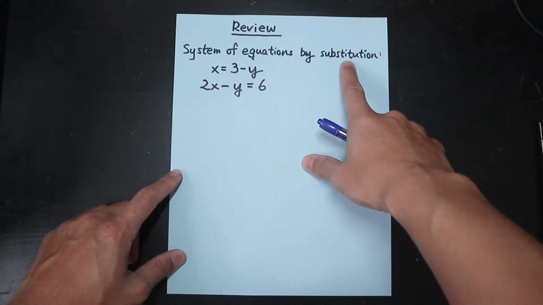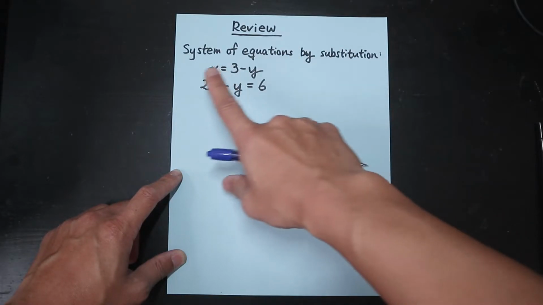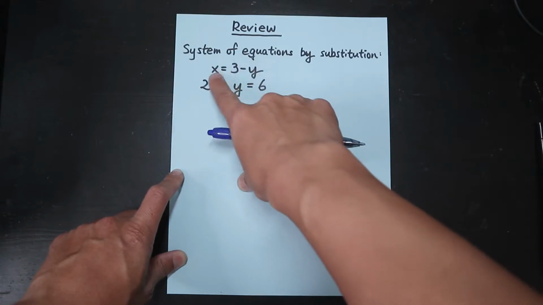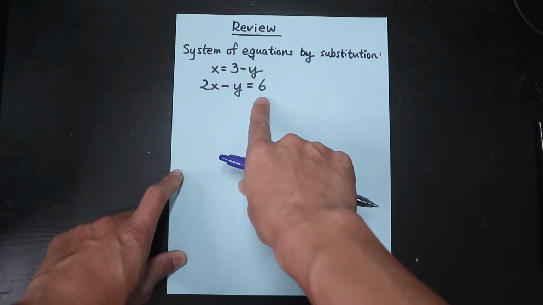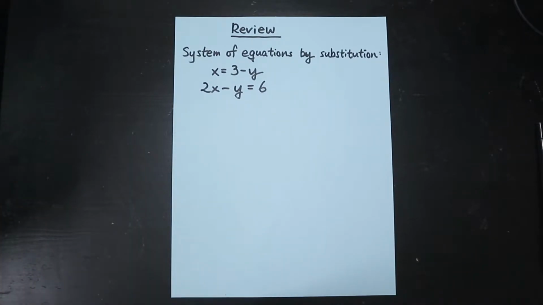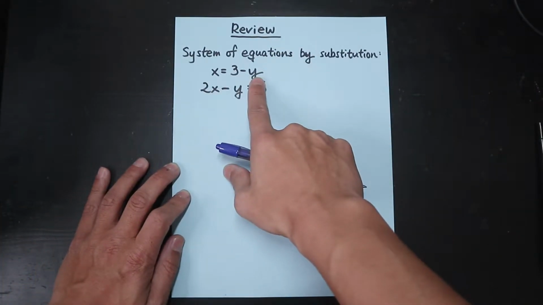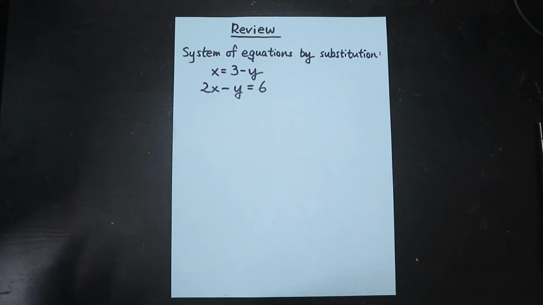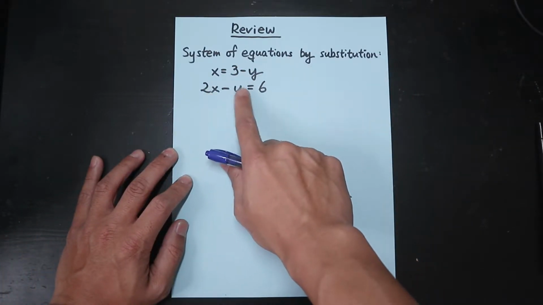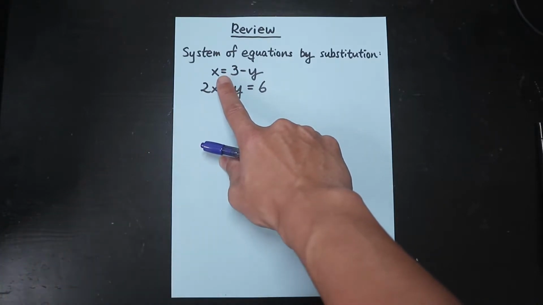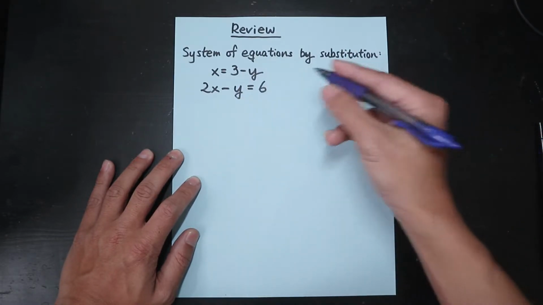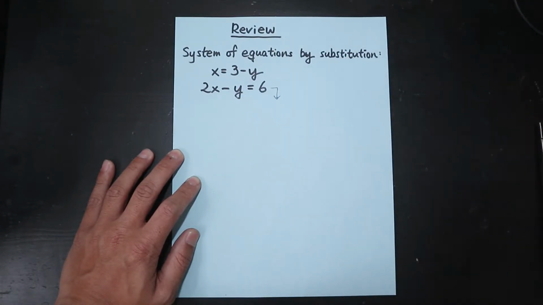In substitution, you use substitution when you have one equation that is in slope-intercept form or seemingly slope-intercept form where x and y are separated, and one equation that is in standard form in which the x and y are together. So let's review how to solve for x and y when you have this type of system of equations. Since you have a standard form, which is x and y together, and a kind of slope-intercept form where x and y are separated, your first thing is to rewrite the standard form with the